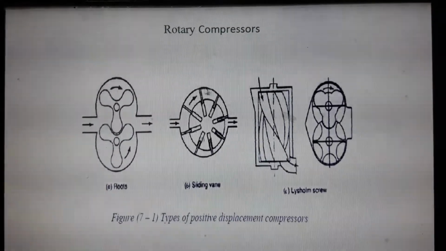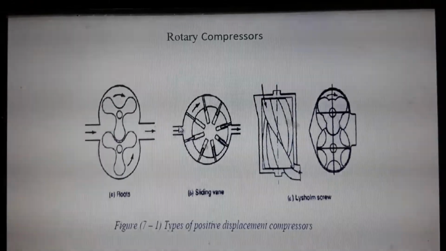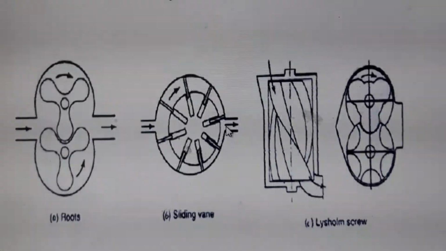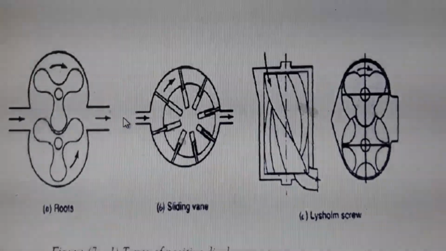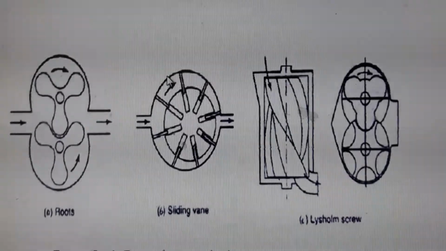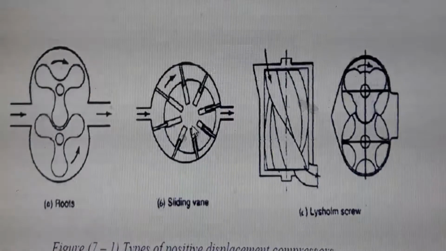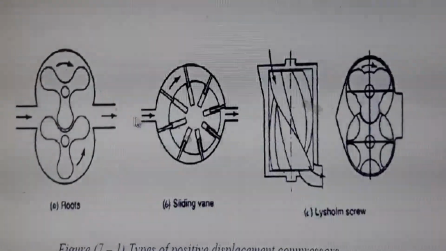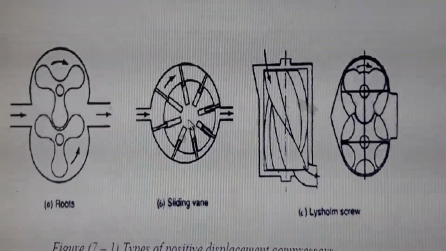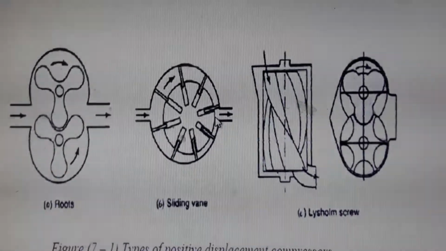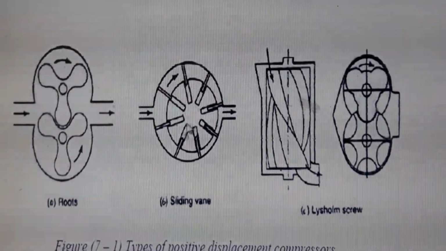Now the second is the vane compressor. This is the inlet of the vane compressor, this is the casing, and this is the outlet of air. Air is taken inside through this inlet into the casing of the vane compressor. It consists of various vanes that are mounted on the rotor. This air is entrapped in between these vanes, and that compressed air is sent to the application through this outlet. This is the working of the vane compressor.